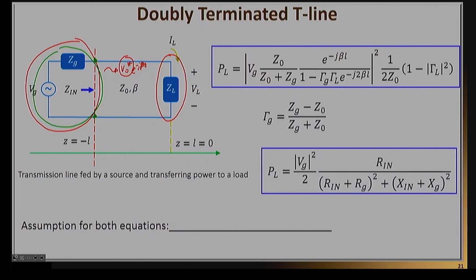Again, I won't go through the detail. You can find the equations in my notes. But the end result is quite interesting. The end result is shown here, where I'm calculating the power that the load will absorb. You can see that this is a function of Vg, the known voltage source, the transmission line characteristic impedance Z0, the impedance of the source, Zg, and then two reflection coefficients: gamma L, which we have seen before, the reflection coefficient of the load, ZL minus Z0 over ZL plus Z0, as well as a new reflection coefficient, which I'm calling here gamma G.